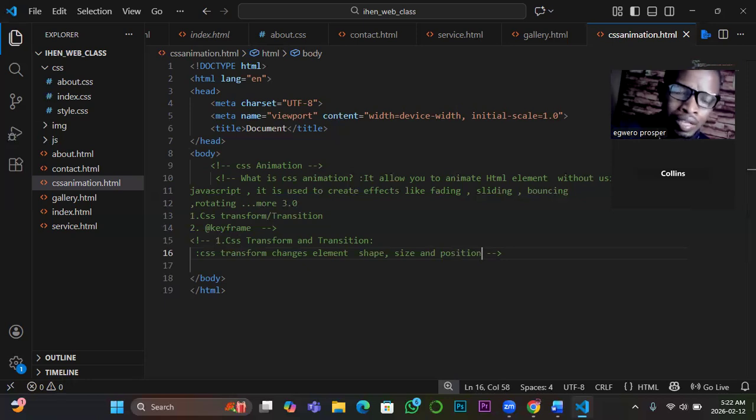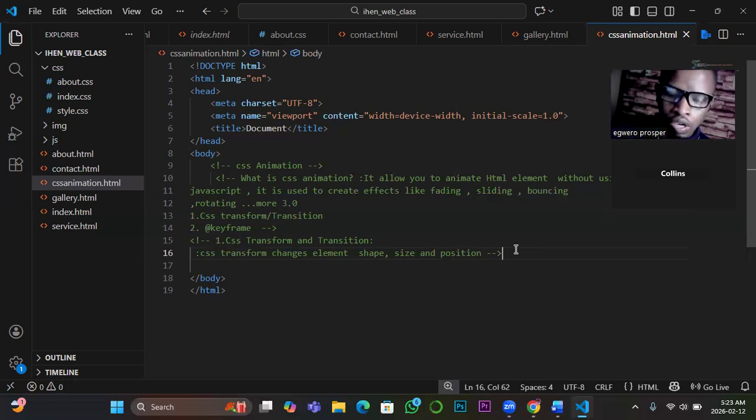But while we are attaching transform, because we want some changes before the what? The transition. Most time you see professionals using them together. So that is why I decided to reflect it here as part of what we want to talk about. Right? So now let's look at a practical example of, now remember I said the transform changes element shape, size,